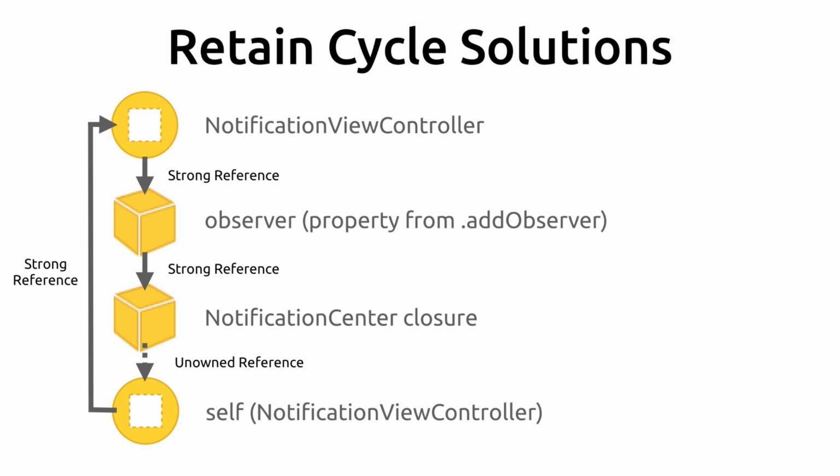So here's what we did in this case. Down at the bottom, we made the reference to self an unowned reference. So that also breaks the retain cycle. Okay, good. Now that we handled the memory leak, there's one more potential problem that can happen, which is specific